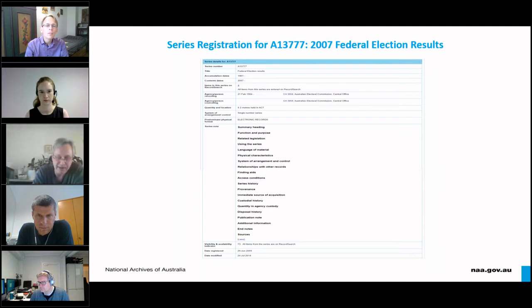But I'm showing it because it raises the question of what metadata or information do we want to capture about the data set to make it usable and understandable in years to come, to help us to understand the context in which the data was created and used. Not only important archival information about the function and purpose of the data set, but technical information about the business system or systems, its development history, how it worked, what statistical analysis software was used, and so on.